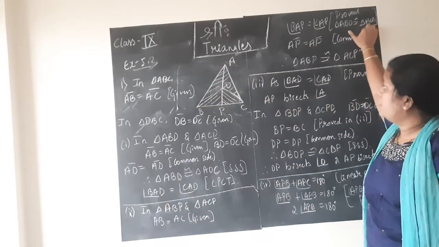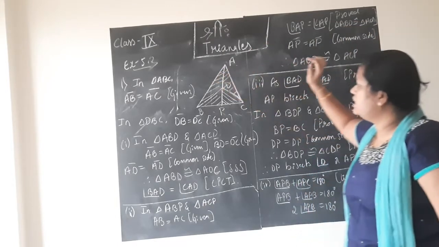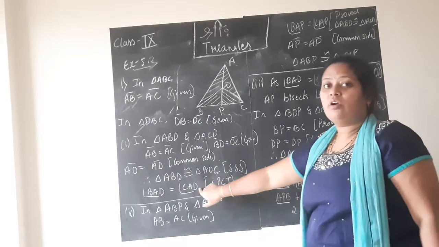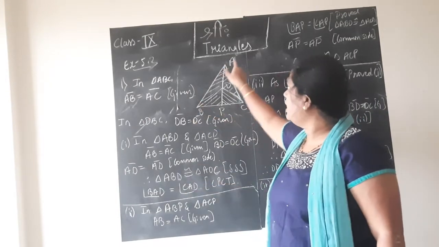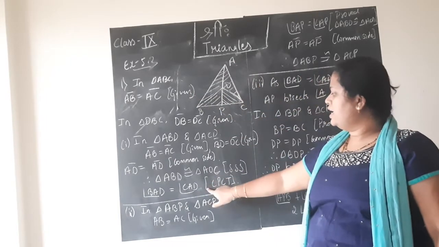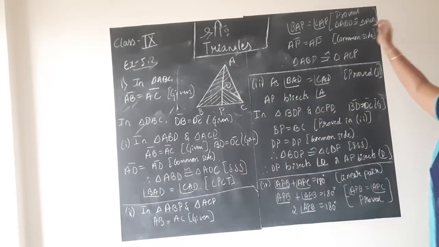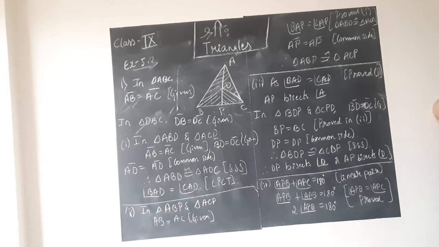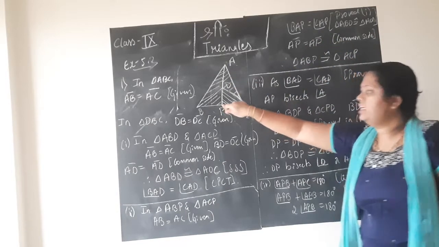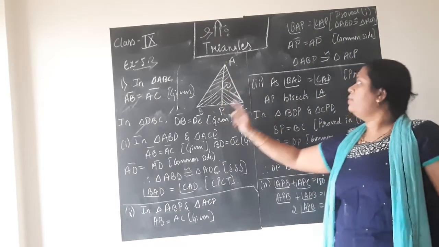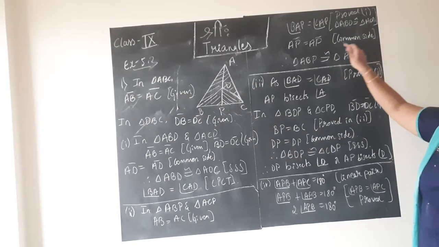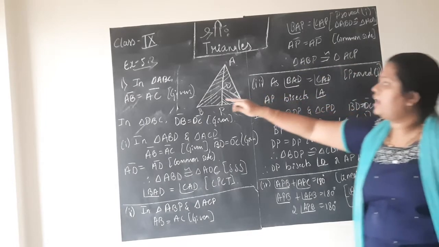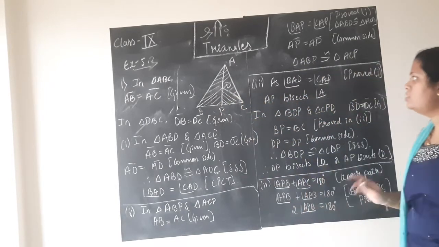BAP is equal to CAP, it is already proved. Why? Because, children, we proved ABD and ACD are congruent triangles. So that becomes CPCT. That is why I wrote one more point, though not asked. Angle BAD is equal to angle CAD by CPCT. This concept, if you want, you do one thing. Proved in one, that is triangle ABD is congruent to triangle ACD. AP and AP is common side for these two triangles. So AP equals AP, it is common side. So by this, children, we can say that those two triangles are congruent to each other. That is about the second sub question.